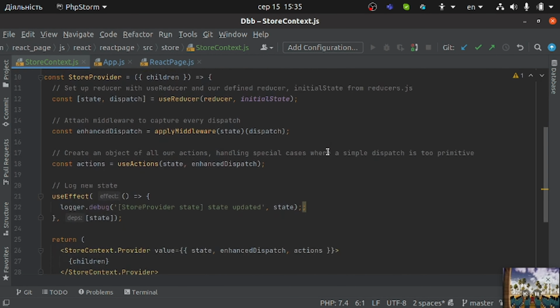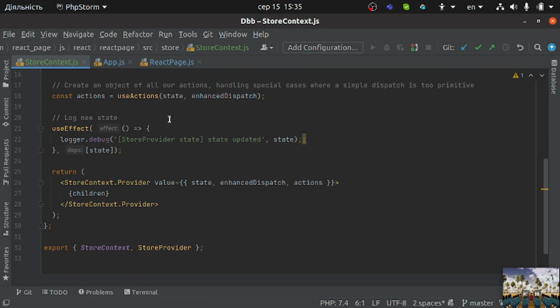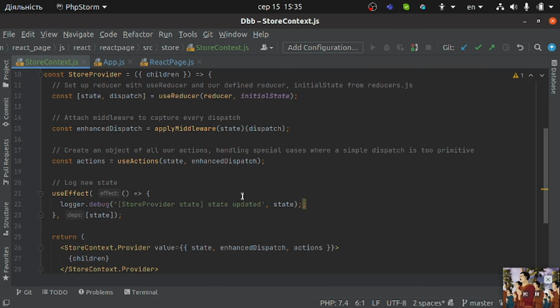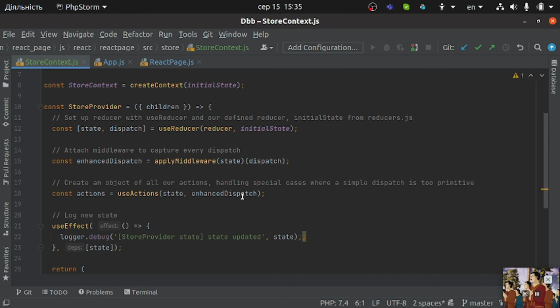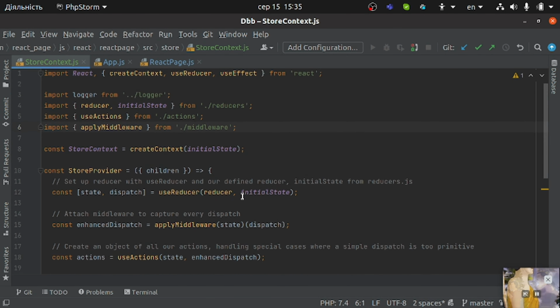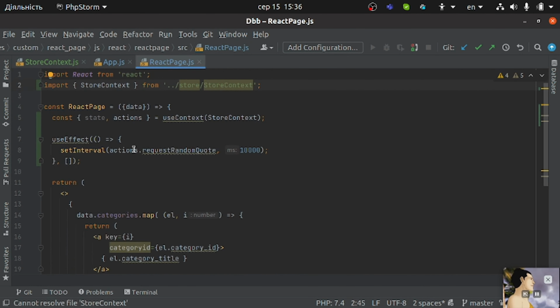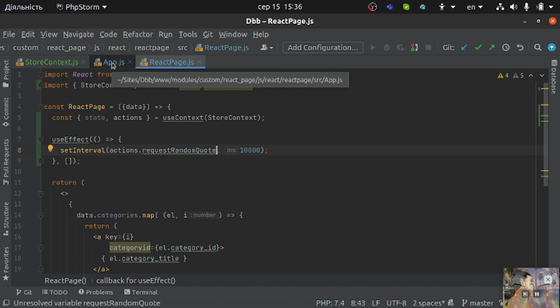Actions. Where are the actions? Use actions, state. Actions is dispatcher. State actions. Request random quote. Okay. This should be something we